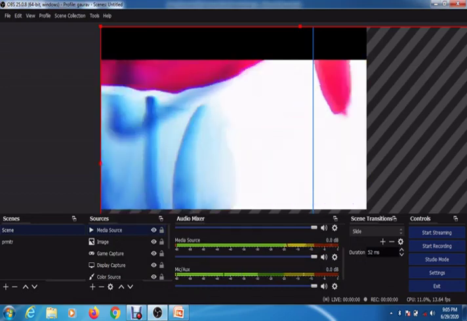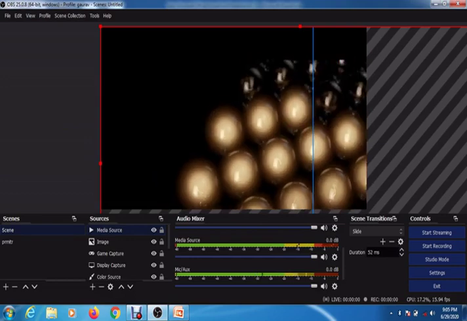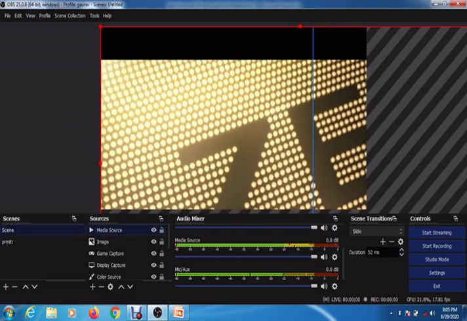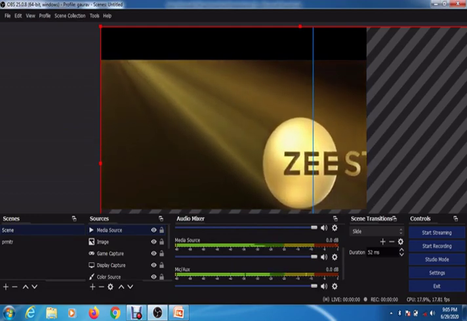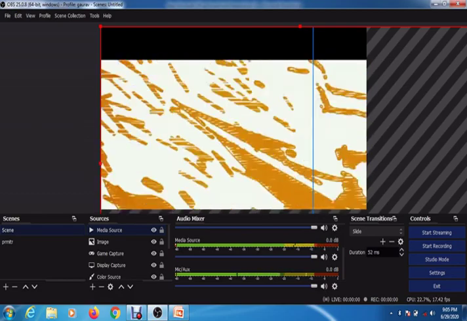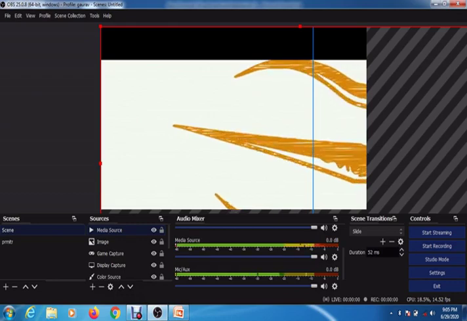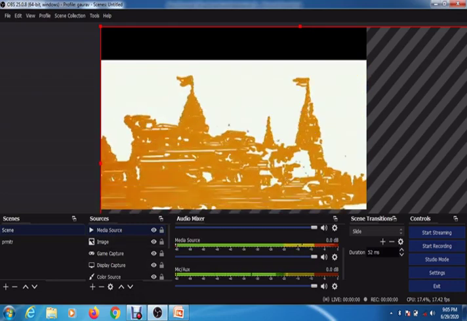So the main important thing is that during a PowerPoint presentation you can show the image, and you can show the video at the same time also. So this is the main important use of OBS Studio, why we are using it in terms of recording. So this is the media that is played in this window over here in the OBS Studio. So now we will move on to the next one.